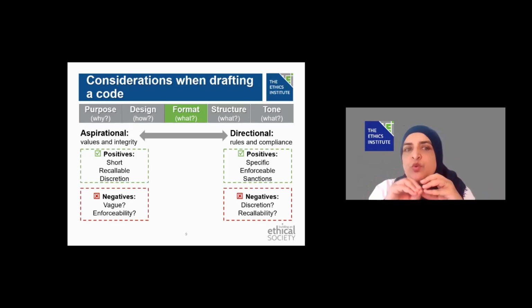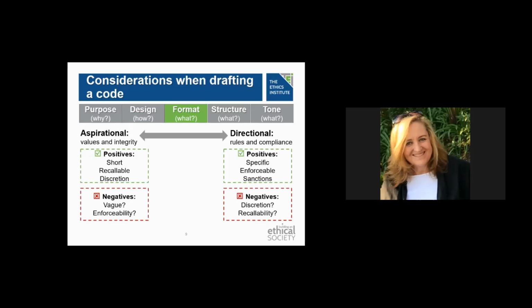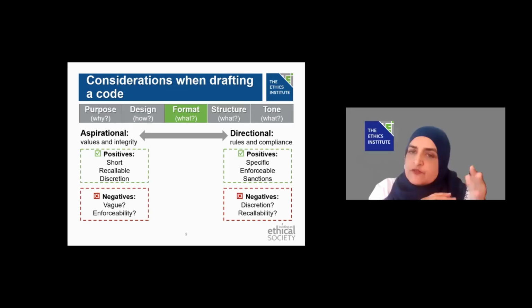It gives the reader a sense that this is what we're about, but I'm not telling you what to do. The discretion about how you navigate the decision sits with you. A code of ethics sets out what good looks like, but it's not saying you shall. It leaves that discretion. But people often say that a negative or a downfall of a code of ethics is